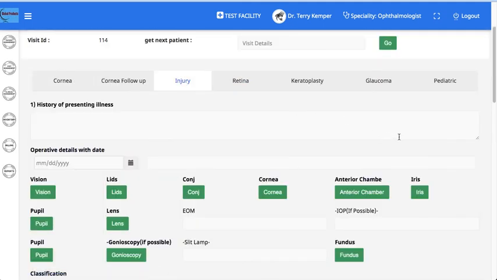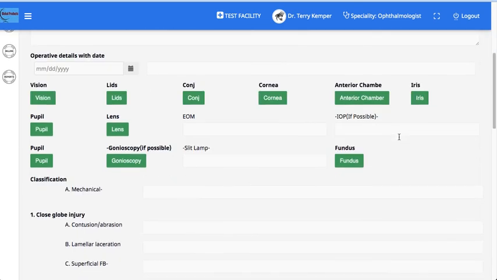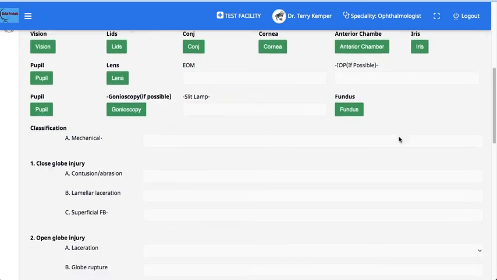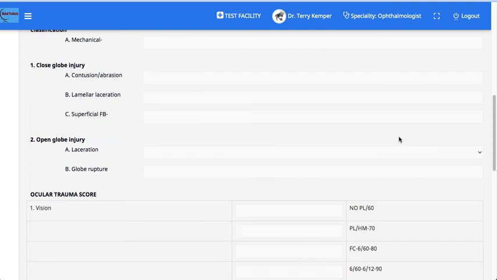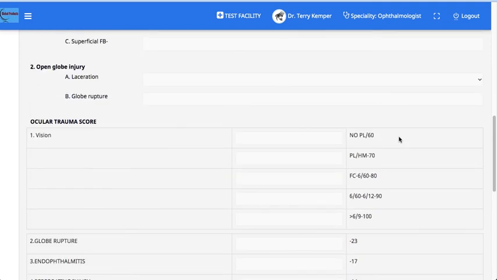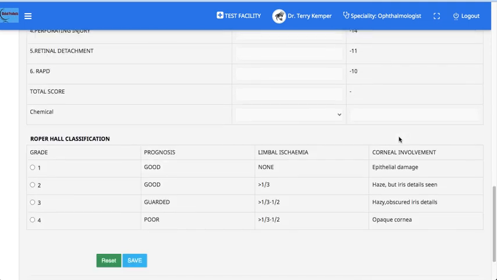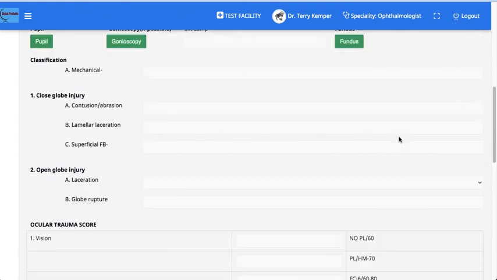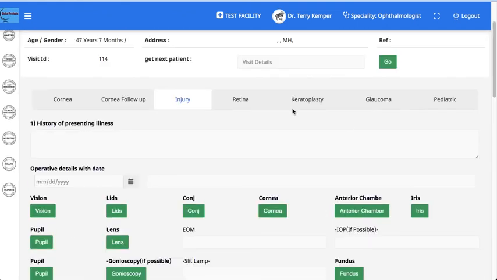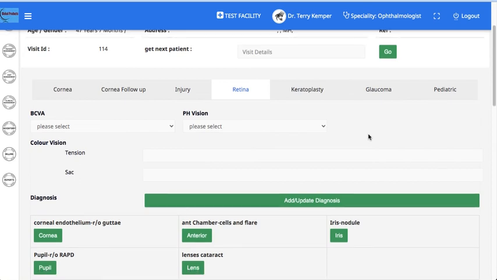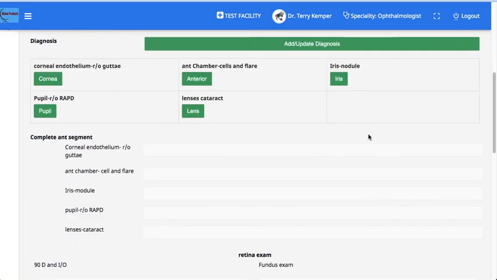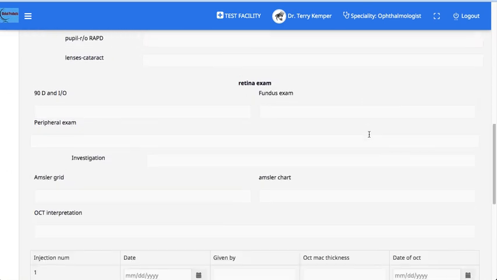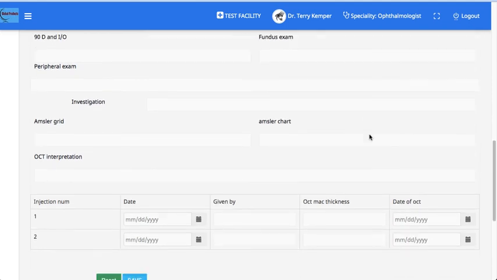Then the injury subspecialty, again classification of the injury, closed globe injury, open globe injury, ocular trauma score, the Roper Hall classification. Retina: complete anterior segment, peripheral exam, Amsler grid.